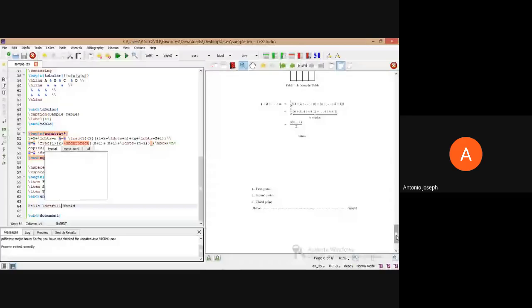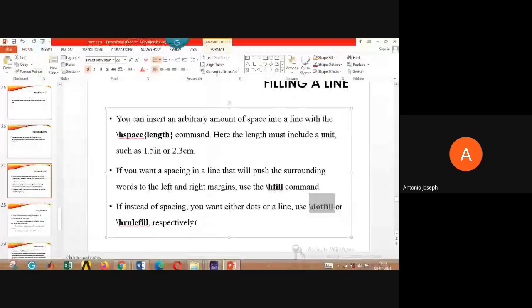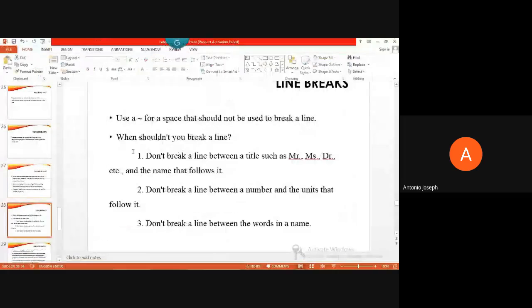Now moving on. The next is line break. So it's the most important thing. As I had told before, this LaTeX will be trying to optimize the contents and it will be trying to fill the entire space in an optimum manner.